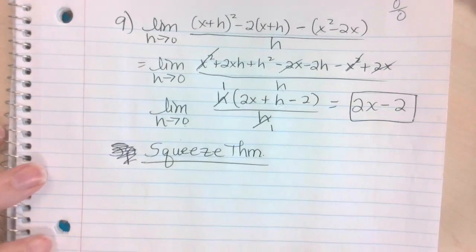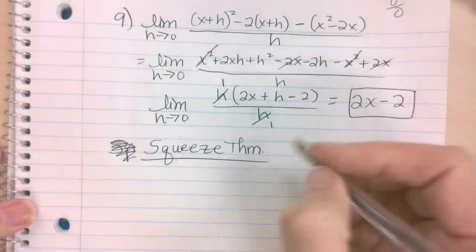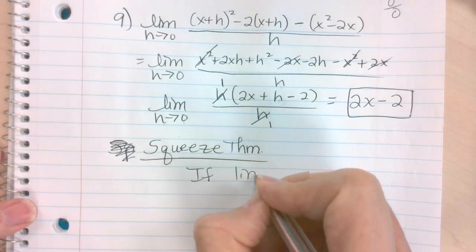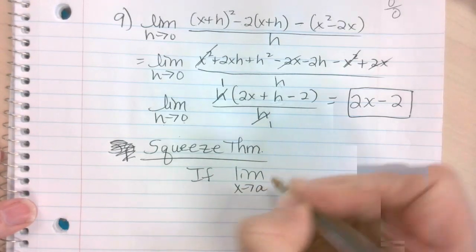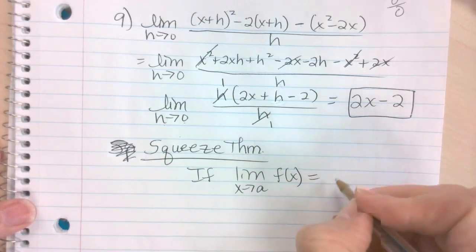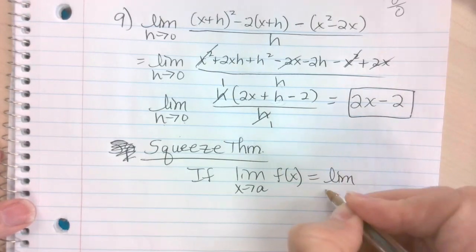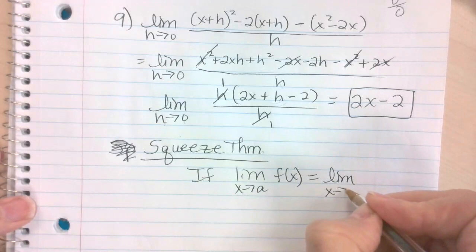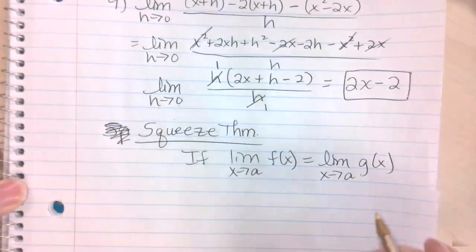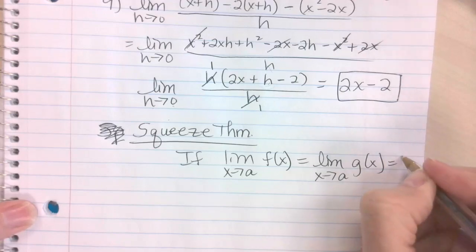And the squeeze theorem simply says, if the limit as x approaches some a of f of x equals the limit, I don't know why I did cursive imprinting, x approaches a of g of x, let's just say equals L,